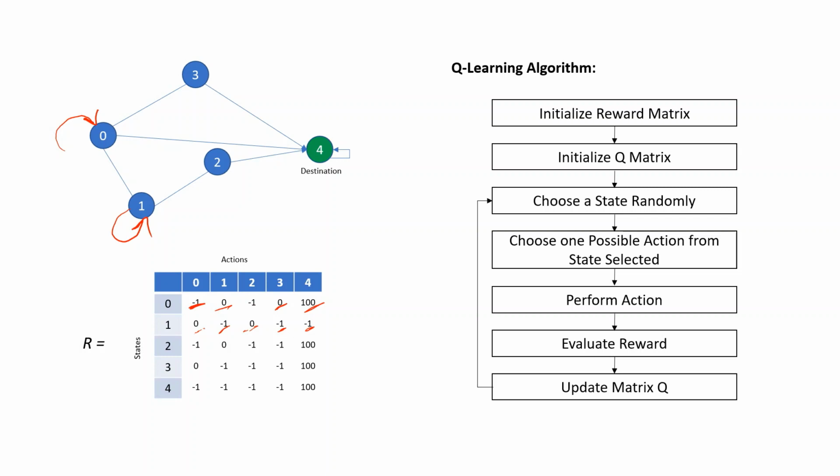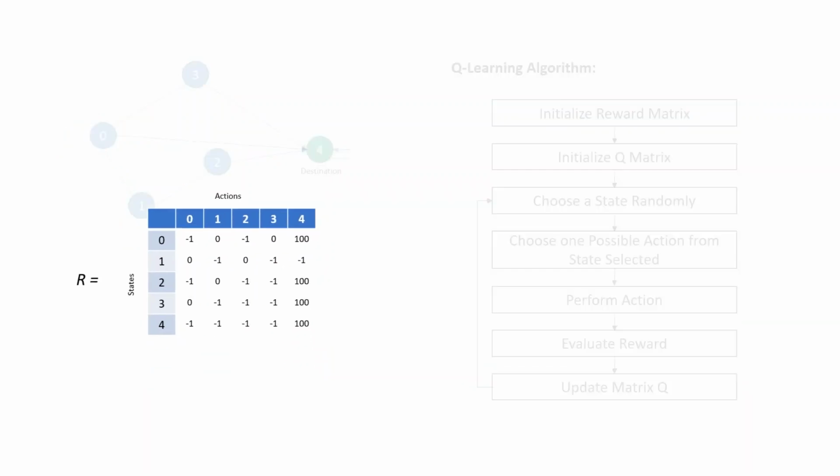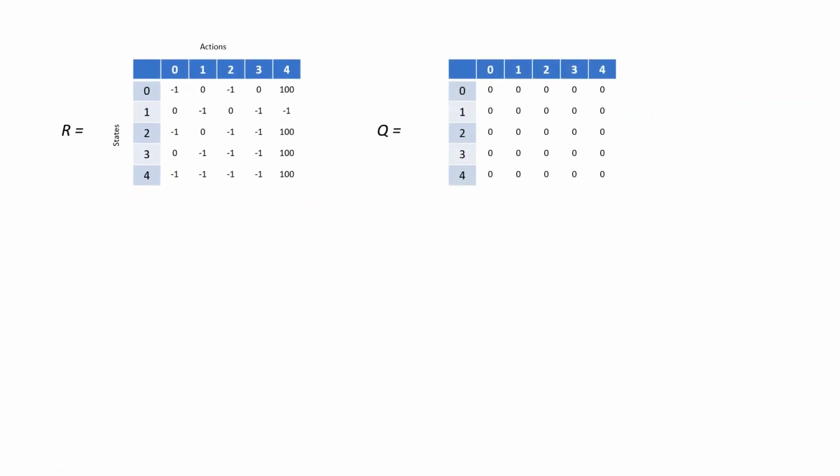If we talk about the last state, that is 4, we do not appreciate any action which takes the agent away from 4. So that's why you see all -1 values here. But moving from 4 to 4 is possible because this action will take the agent to the ultimate goal. So we put 100 here. So the reward point is 100 here. So this is how our R matrix or reward matrix will look.